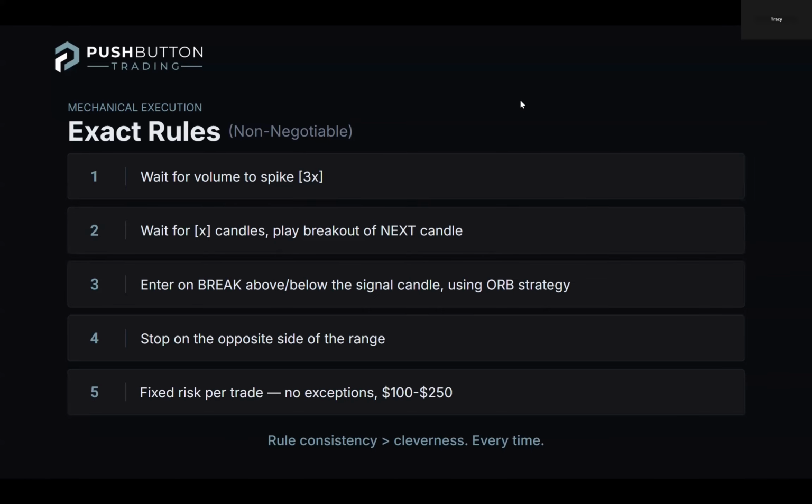So let's talk about the details, of course, being consistent over time, which is what we preach here at Push Button Trading. Being consistent over time is the thing that really matters more than anything. If you think about losing weight and getting in shape, is it being inconsistent or consistent that is the fastest way to being successful? It's being consistent over time, right? Most of you guys could probably realize that working out once a day or every other day is far superior to waiting until the weekend and putting in a 5 or 6 hour workout, right? Consistency over time is always better, every single time,